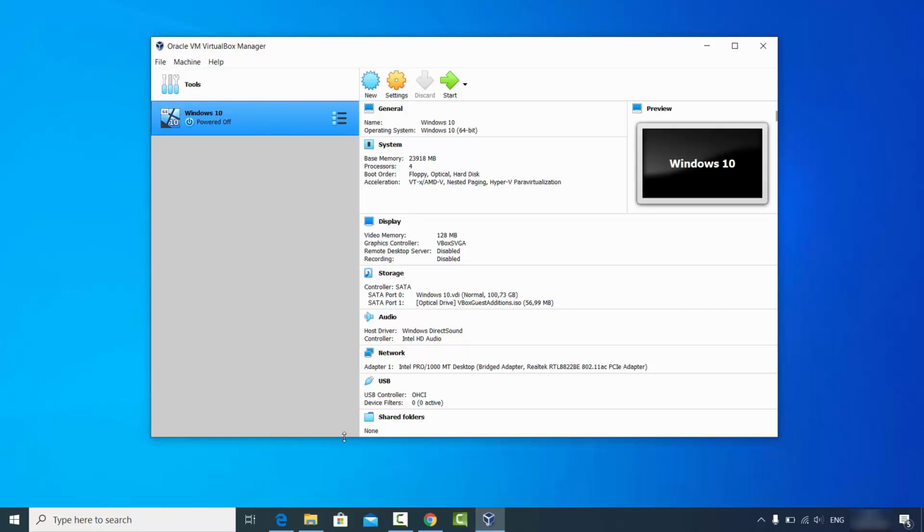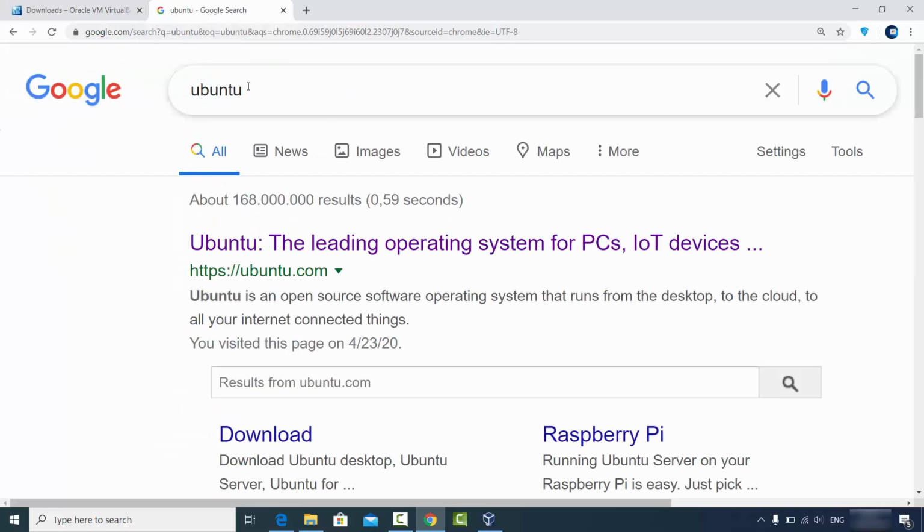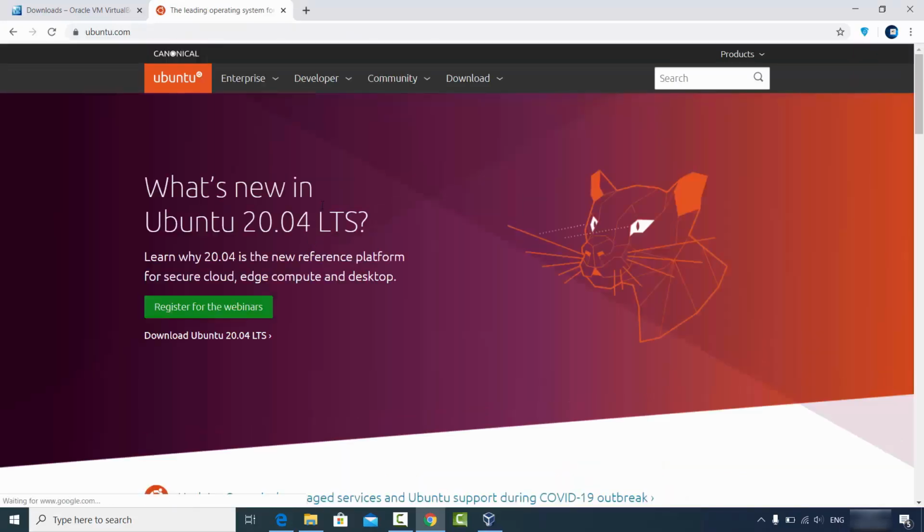Now we are going to download the ISO file which is required to install Ubuntu on our VirtualBox. For downloading the ISO file of Ubuntu, you can just search for Ubuntu, and the first link which will appear here will be from ubuntu.com. I'm going to click on this link, and straight away you will see this option here which says what's new in Ubuntu 20.04,